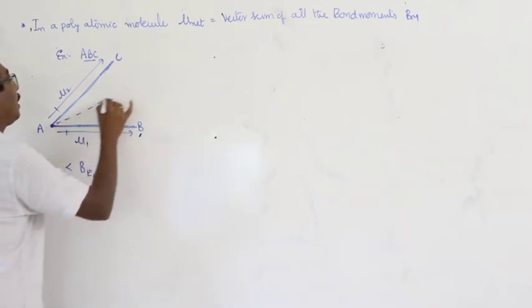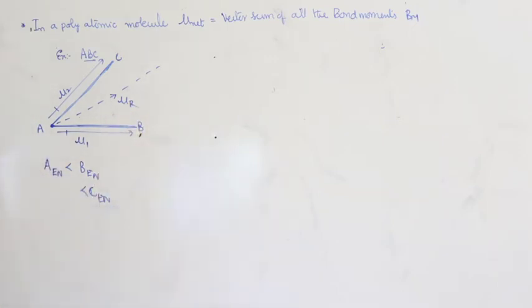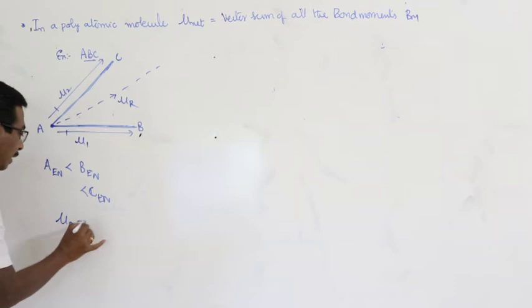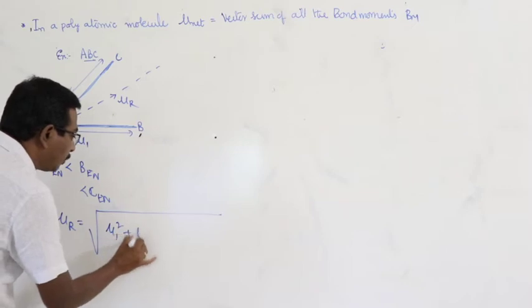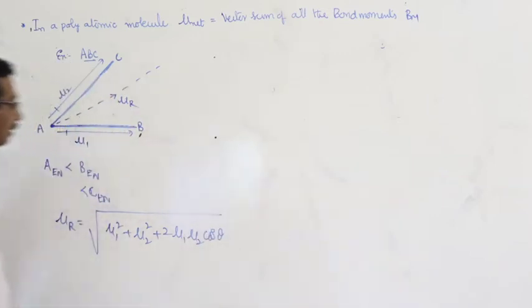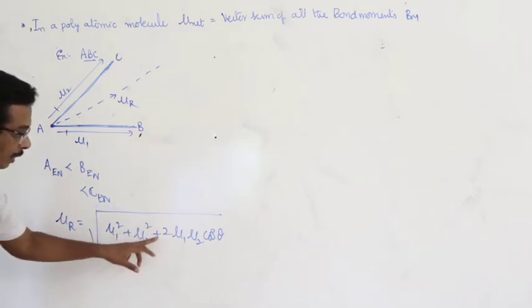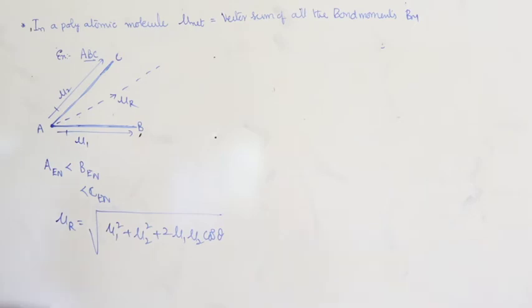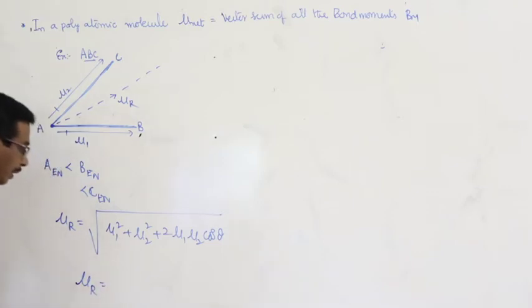Now the net dipole moment according to the parallelogram theorem, this is the net dipole moment, the resultant dipole moment, mu r. Then mu r is equal to under root mu1 square plus mu2 square plus 2 mu1 mu2 into cos theta. This is the expression related to the parallelogram theorem. From this, a mathematical expression was derived, that is net dipole moment mu r is equal to,